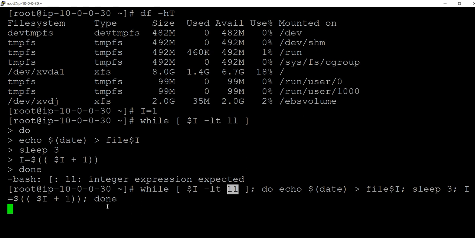Okay, so now it is working. Let us see. Why am I generating this? Just so we can verify after creating the snapshots.